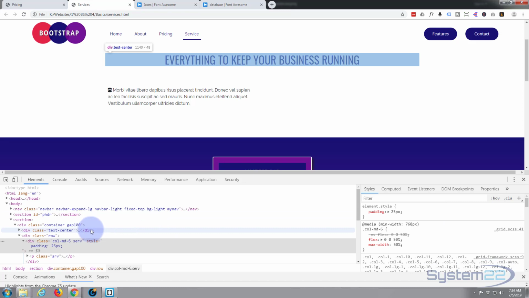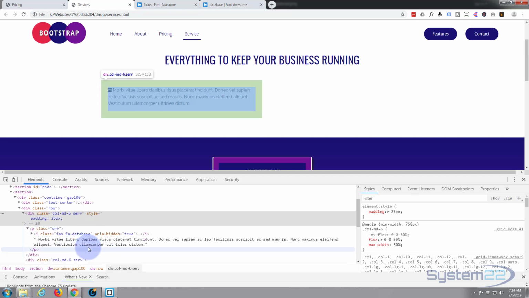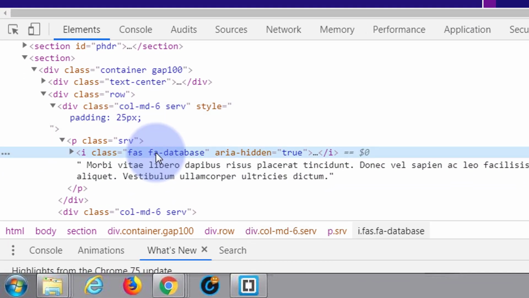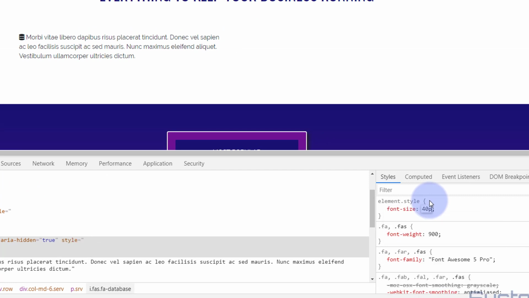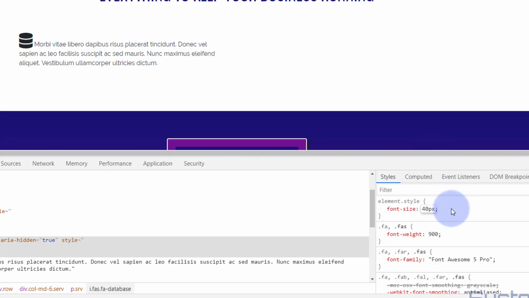Now what do we want to do with our Font Awesome icon? Let's have a look. We look down here and click on the Font Awesome icon itself. First thing, let's change the font size. Let's make it a lot bigger, say 40 pixels. Yep, that's made it a lot bigger. And let's make it blue, our nice blue color that we've been using throughout this site, that sort of blue up there, which was 1117 something. I'll grab it from